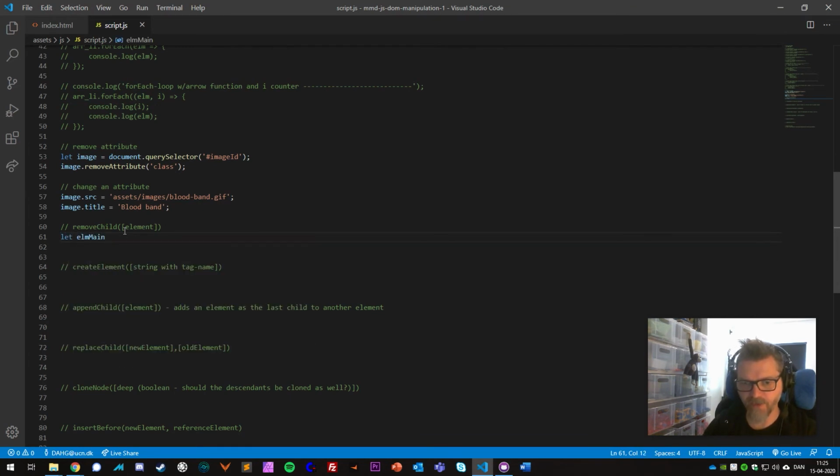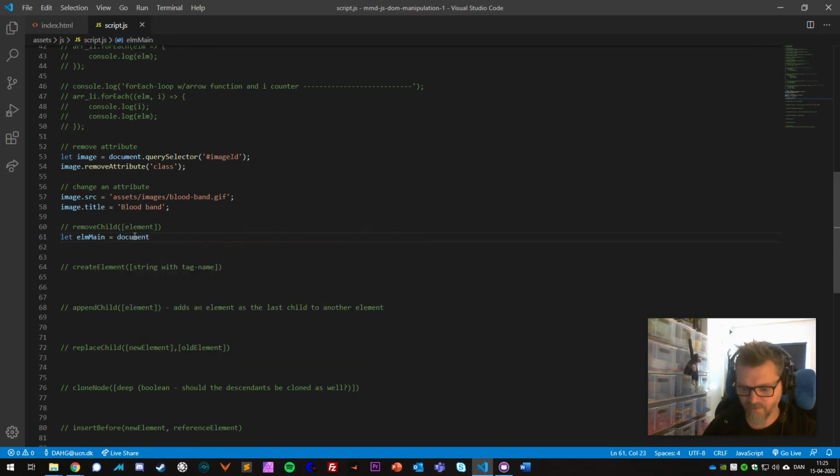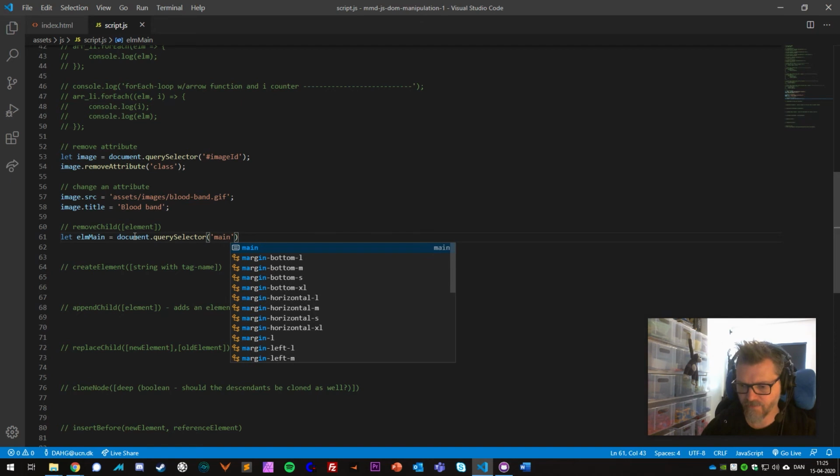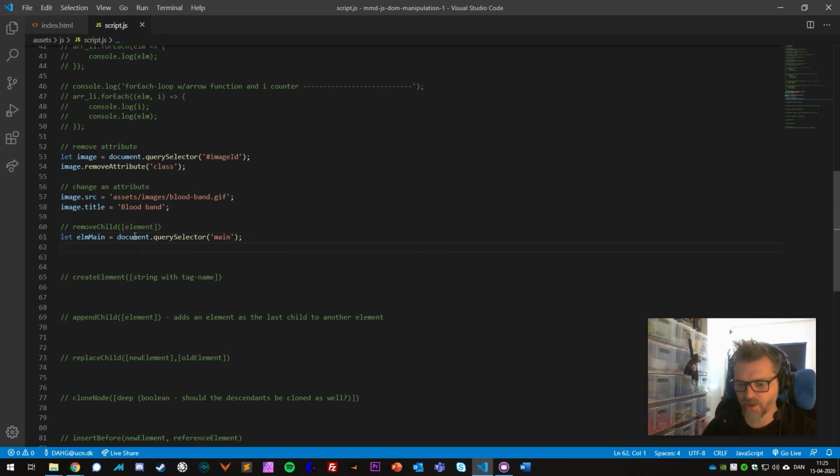So find element main. Here I'm creating a new variable called element main, and I'll set that to be equal to document.querySelector main. So now we have the parent element of the element that we want to remove, and I want to remove which article do I want to remove? I want to remove